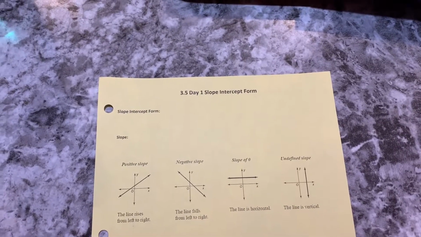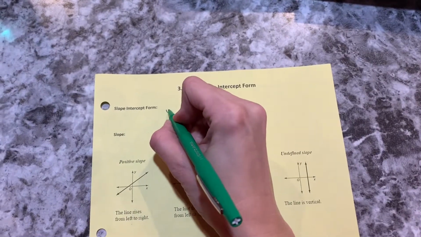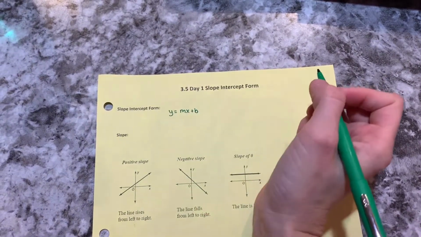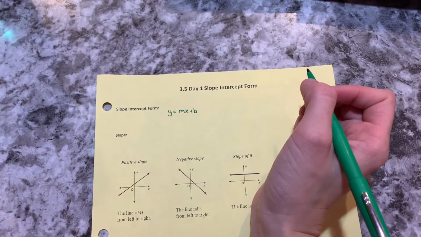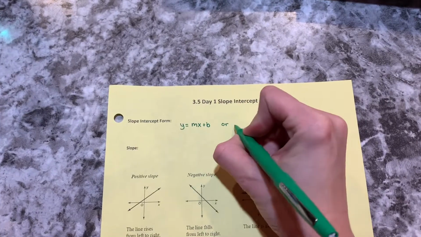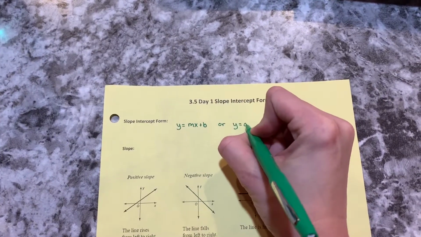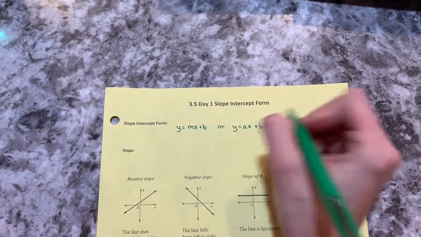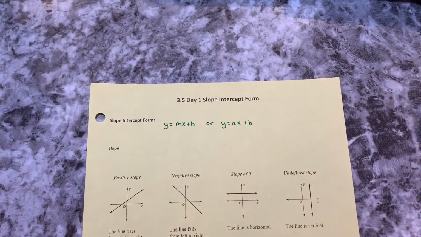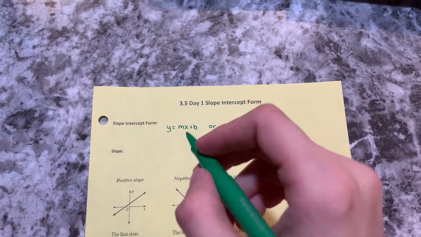So slope-intercept form looks like this. Y equals mx plus b. Or you might hear this called y equals ax plus b, depending on who you talk to. But really, either way, it is the same thing. Y equals mx plus b is probably the one that I'm going to use more often. But in this form,